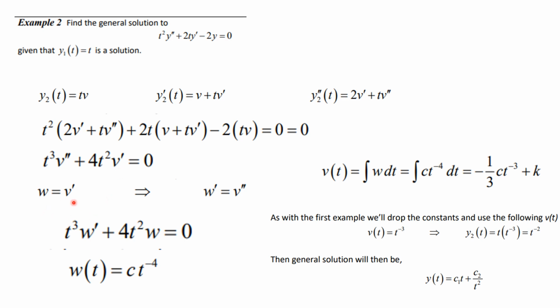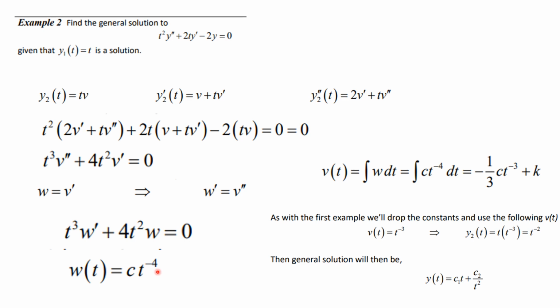w is equal to v prime, and w prime is equal to v double prime, and if I substitute these into the equation, I get the following linear first order differential equation in w. We know how to solve that. I encourage you to go through all the steps. I'm not doing them all here, but you will be required to do that in a problem that I ask you to solve. So when we do that, we will find that w of t is equal to c t